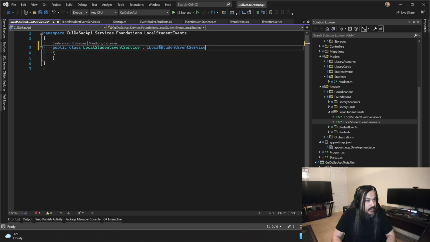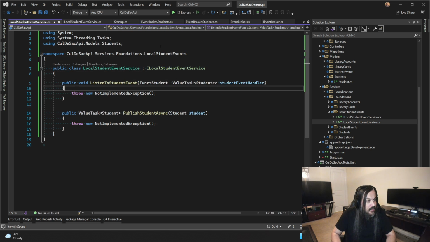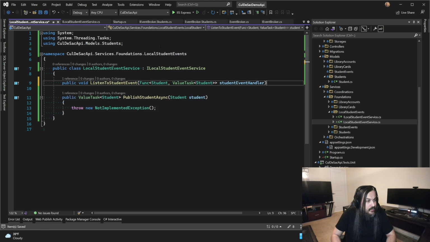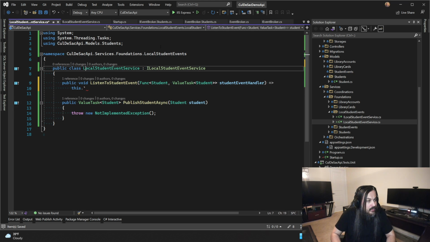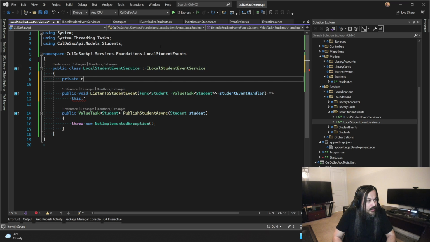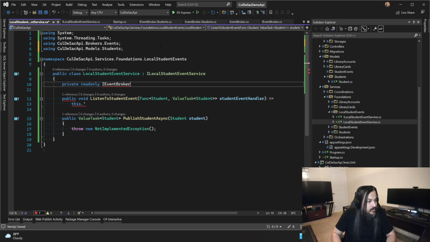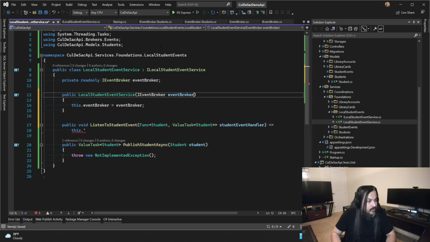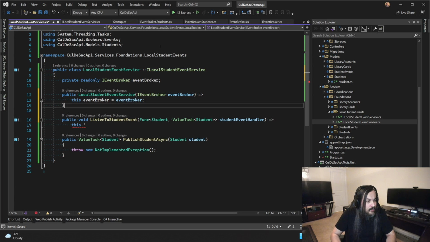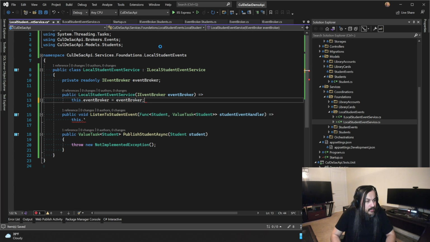I'm going to go here and say I local student event service, implement, go up here and basically say this dot. We need the event broker, so private read-only I event broker, just like this, event broker. Here is your interface, just like that.